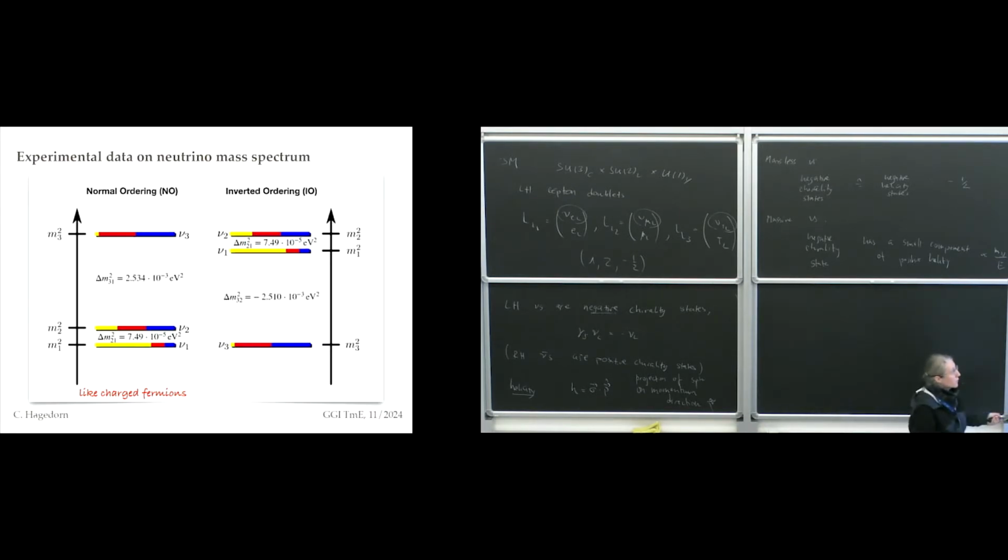so the lightest neutrino is massless. So some words regarding this nomenclature on why do we call this normal ordering and why is this inverted? So this is just to say normal is because you would say the one which belongs, so to say, to the first generation is the lightest, then you have the second one, and then the third one is the heaviest.